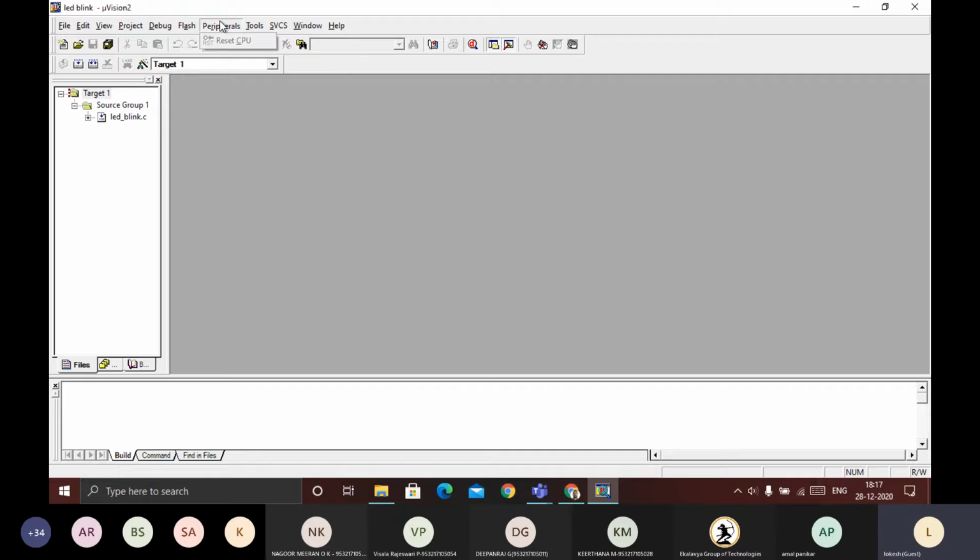Next, Peripherals. In order to reset the CPU, software reset, we will use this one. You can see here Setup. Most probably this SVCS, software version control system, is used for industrial purposes, not academic ones. It's nothing but which version we are using.